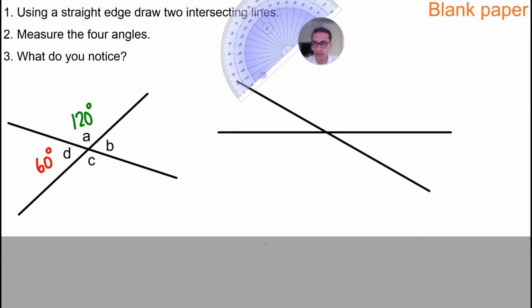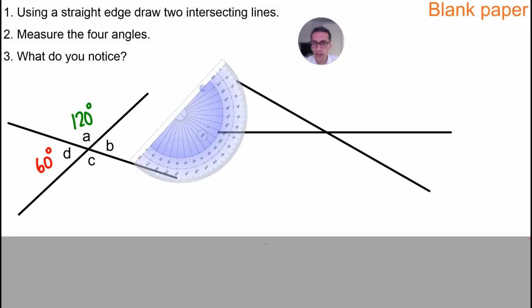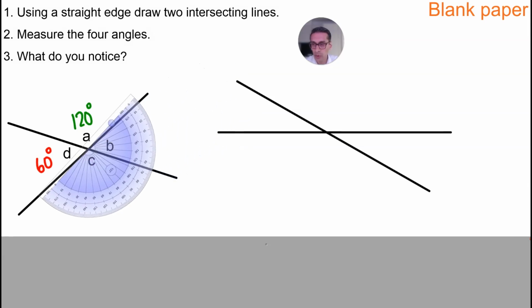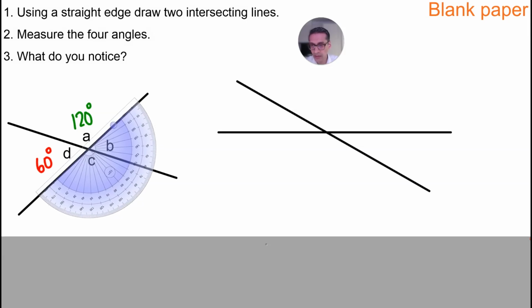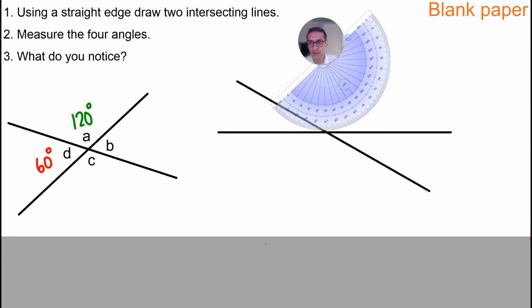Now we're going to switch this protractor around, and line this up. So this is still angles on a straight line, but what you may notice here, or you will notice no matter how you've done your crossover lines, is this angle here, starting from 0, so we have to use the outside scale because we're going clockwise. I can see it goes up to 60, which is the same as the angle opposite. So we're going to label this 60